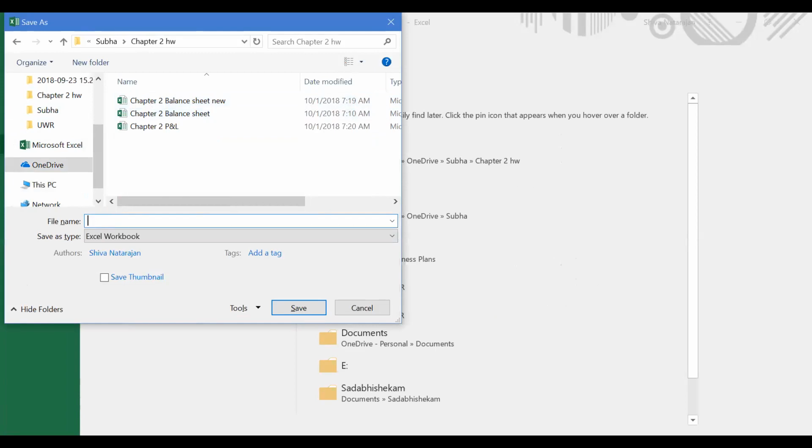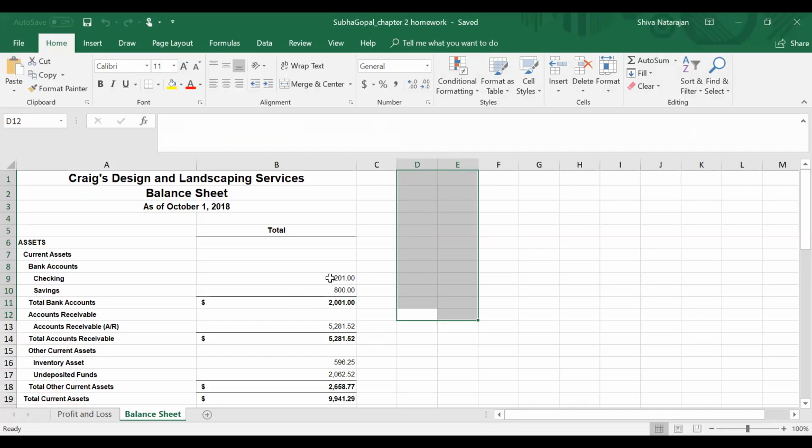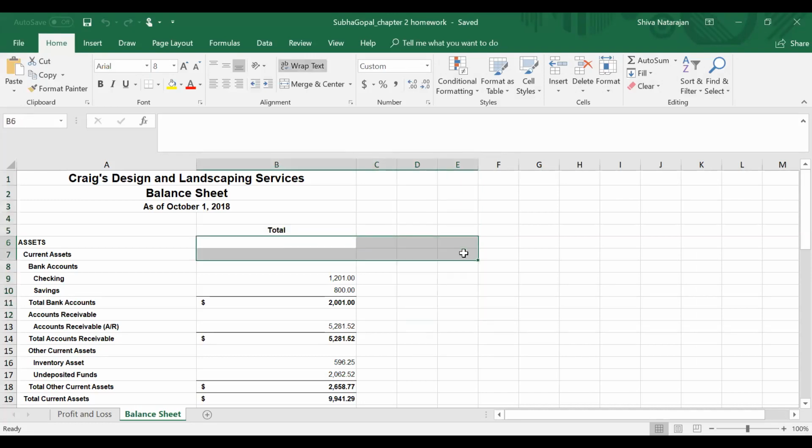So I'll save it with my name, Shubha Gopal _ chapter 2 homework. And this is the file with all the reports which you will submit at the Canvas link for homework.